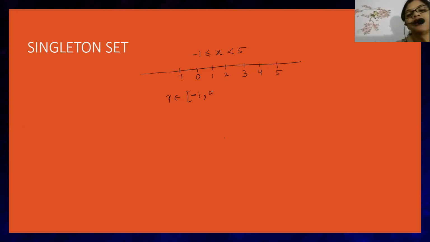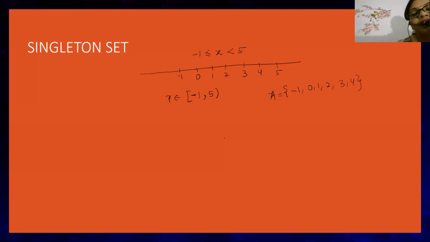So if x is not taking 5, we will say that, okay, x will not include 5. So what will be present inside set x? X will be exactly either -1, 0, 1, 2, 3, 4. But 5 will never be the answer. Means x can be any one of these elements. x can be -1, x can be 0, x can be 1, x can be 2, x can be 3, x can be 4. But x cannot be 5.